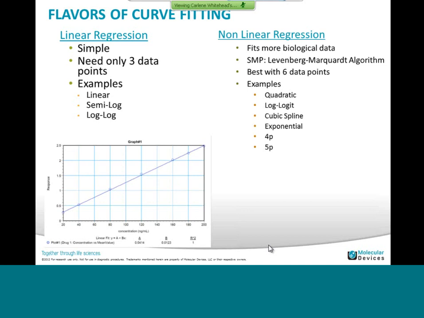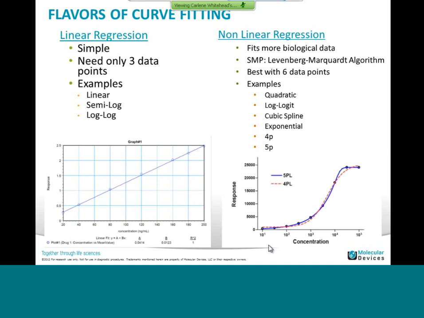Unfortunately, most biological data do not follow a linear regression, and you will have to choose from nonlinear regressions. In SoftMax Pro, nonlinear regressions are described with the Levenberg-Marquardt algorithm, and it will help you best fit your data. For those types of regression, you need 6 points in order for the curve to be well described. As examples, you have the quadratic, the log-logistic, the cubic spline, the exponential, and the famous 4 and